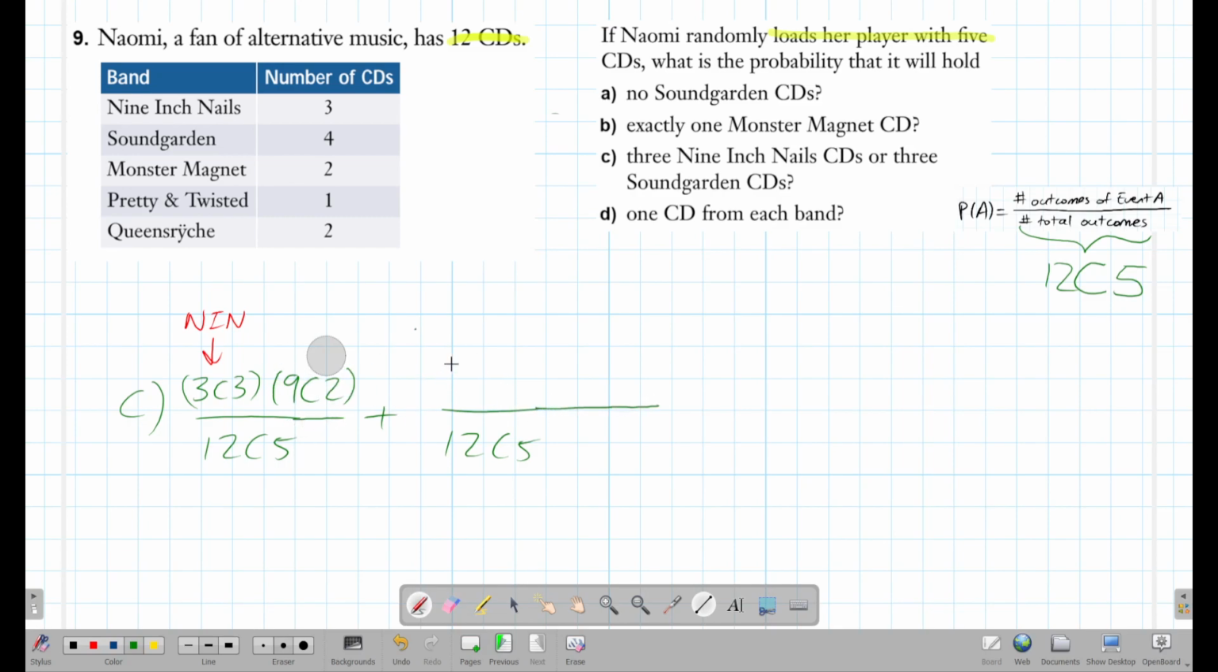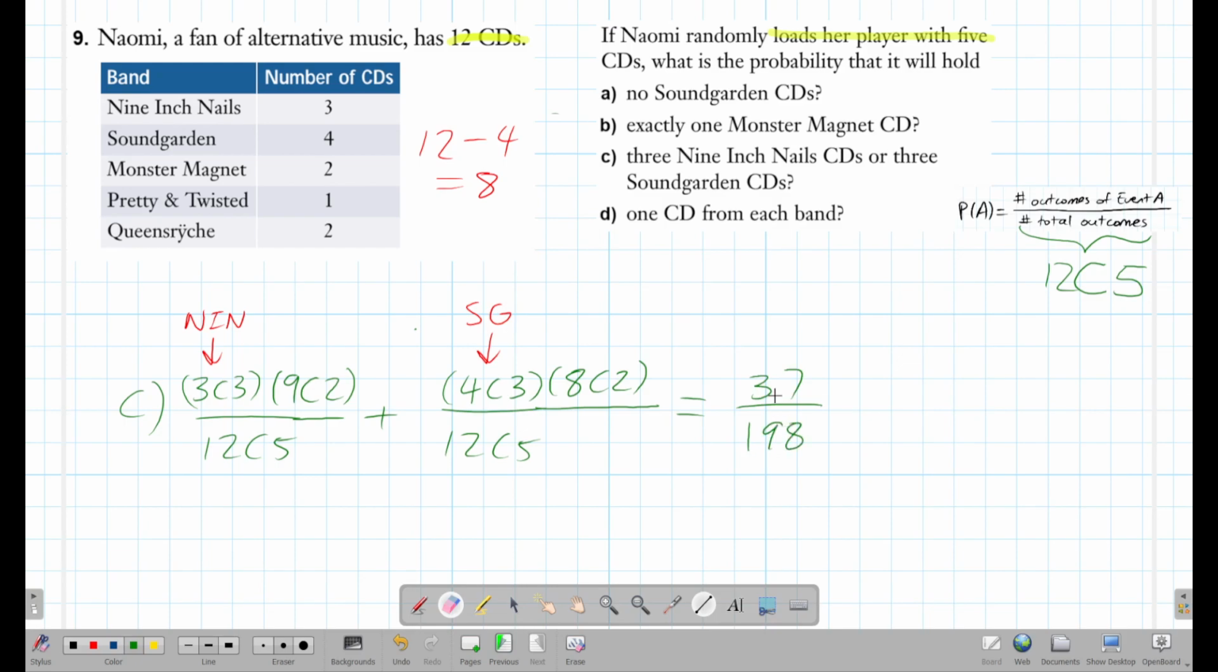The second fraction, you do it similarly. It's only that for the Soundgarden CDs, we have 3 to choose from. Sorry, 4. We have 4 to choose from. And we are choosing 3 of them. And then, well, not exactly just like before, but if we take away 4 from 12, then we have 8 CDs left to choose from. And just like in this scenario, we're going to choose 2 of them. Okay, so if you evaluate this fraction, you get 37 over 198,